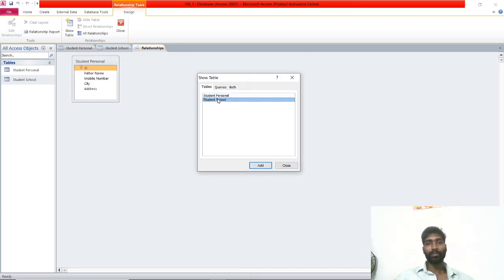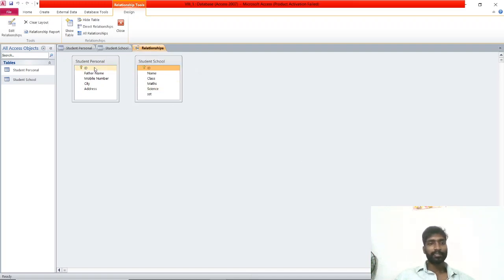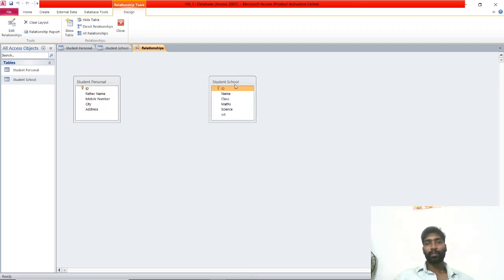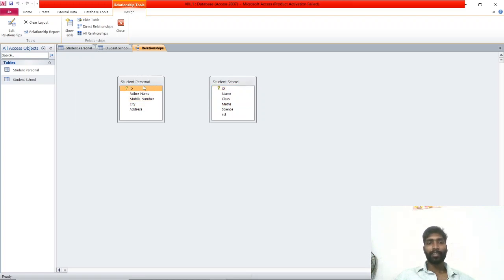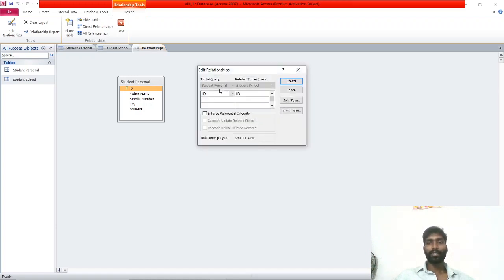Now student school, selected, add, close. Now see here, in student school whatever field names are there, it is showing them. In both, the IDs are common. So I am clicking and dragging, and leaving exactly on the ID. So when I leave on the ID, what is happening?